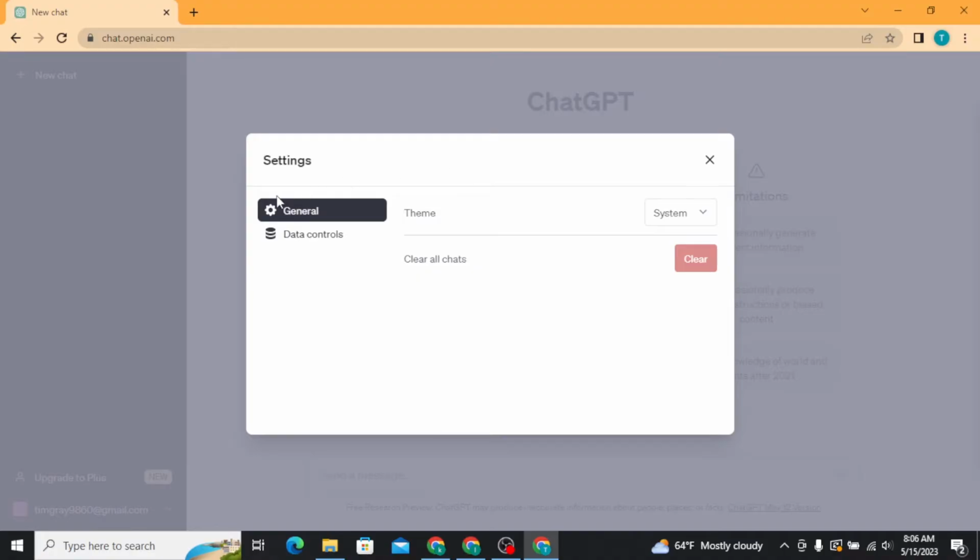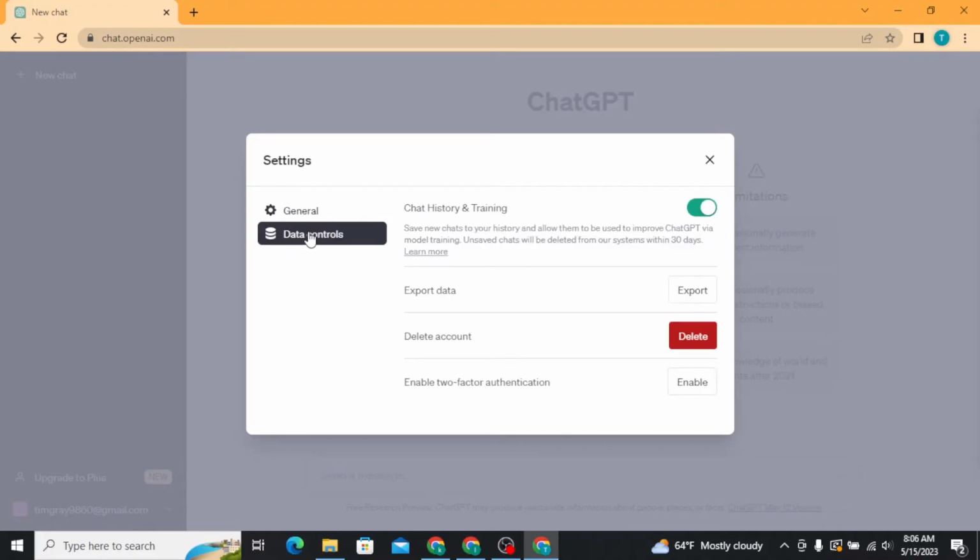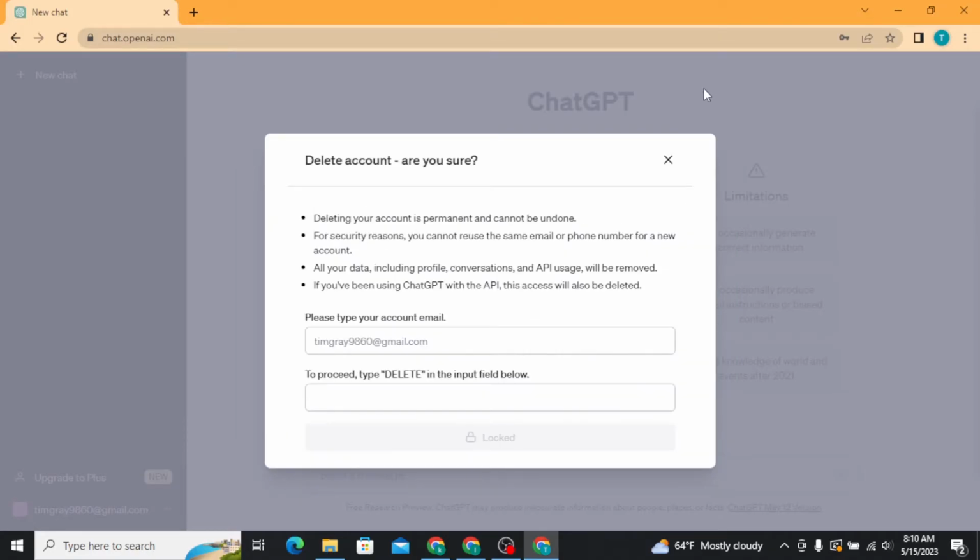Now from there, you have to tap on the Data Controls option, and then you will be able to see the second option, Delete account. Now you have to tap on the Delete button next to your Delete account option, and there a new box will appear on your screen, and there you will see some warnings which say deleting your account is permanent and cannot